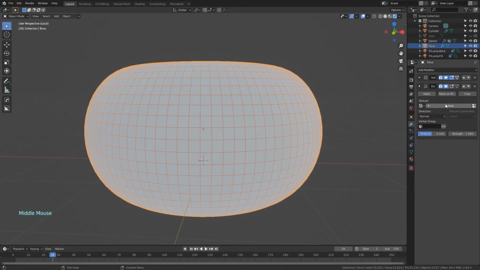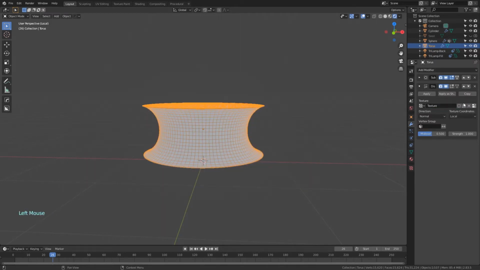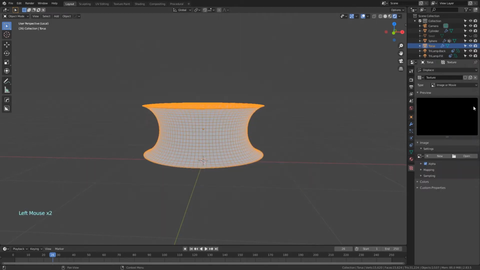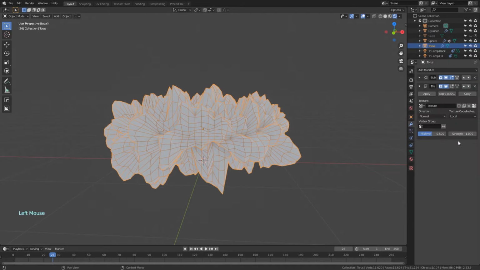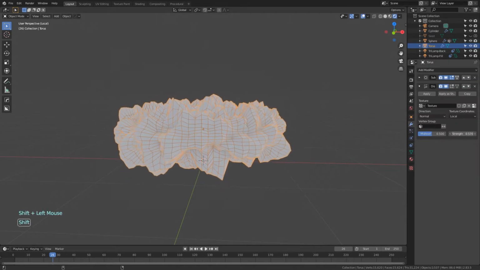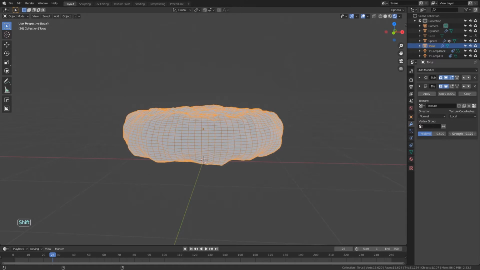Click on New. Then select the convenient Show Texture in Texture tab button. It's the same as clicking this button here. Change the type to clouds and go back to the displacement modifier. Now adjust the strength. Since we will have two burgers, or maybe more if you are feeling creative, and we don't want them to be exactly the same,